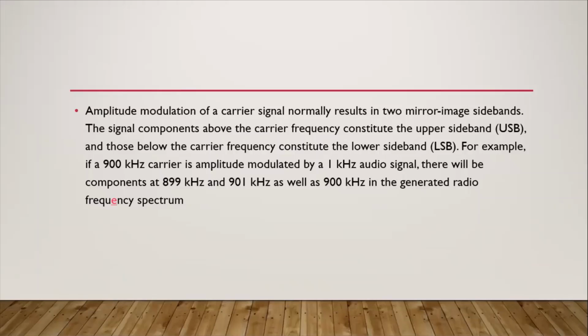Okay? For example, meron tayong 900 kilohertz carrier or amplitude carrier or carrier signal. That is 900 kilohertz. That is, amplitude is modulated by a 1 kilohertz audio signal. Yung 1 kilohertz audio signal, yun yung frequency ng message signal. Then mangyayari magkakameron siya ng 899 kilohertz tsaka 901 kilohertz. Ibig sabihin, meron tayong na-create na dalawang sideband, yung upper sideband na mataas, that is yung 901 kilohertz. Then, yung mababa naman na component is yung